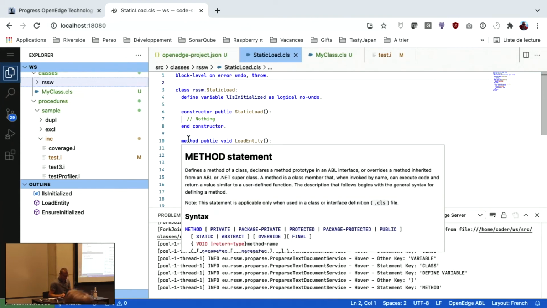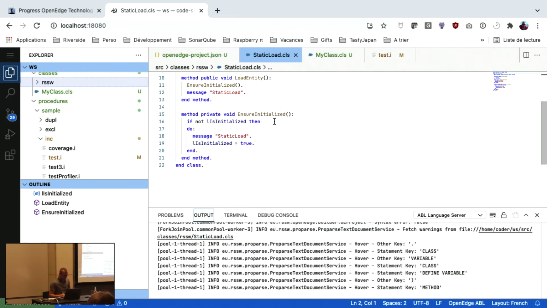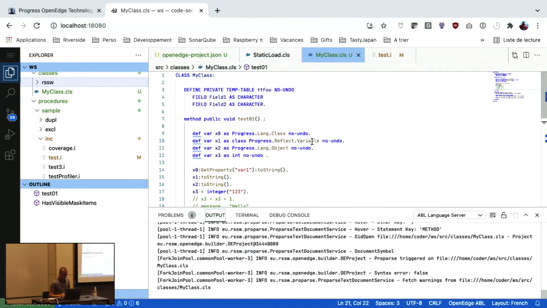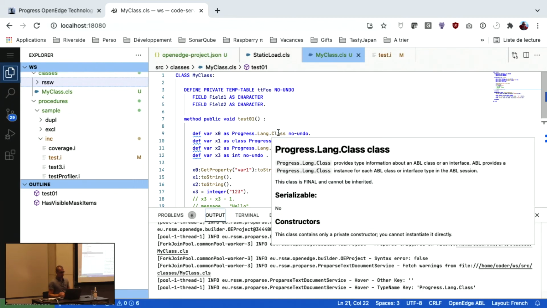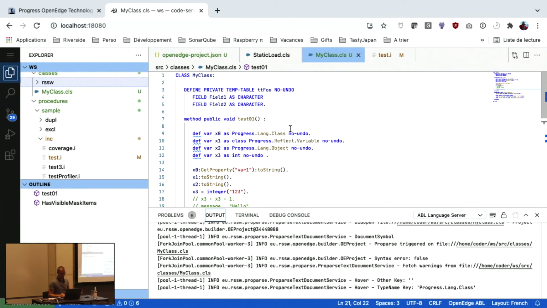Here, for methods, if I go to my class here, we can also see that we have documentation for the classes. So here we have the documentation for Progress.Lang.Class, and we also have documentation for methods. Given that we use the propath and the expression engine that has been introduced recently, the parser knows exactly which method is being used at any step.